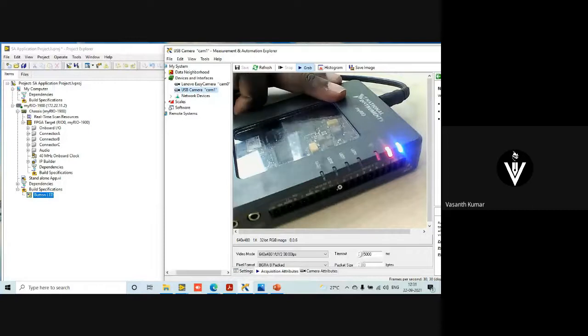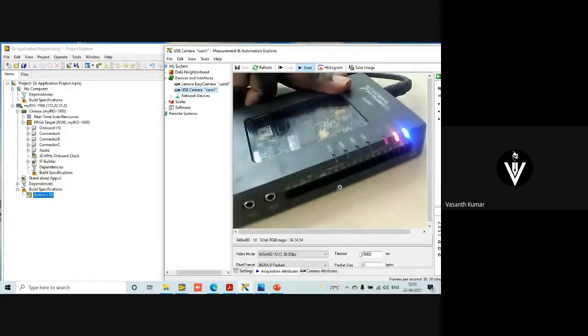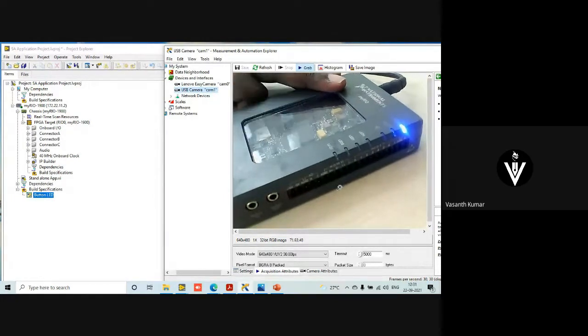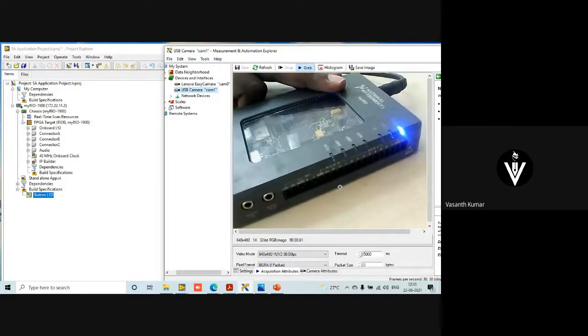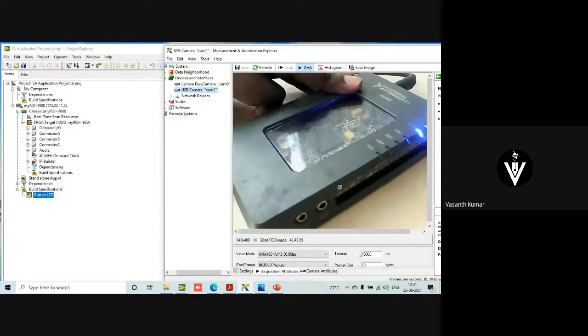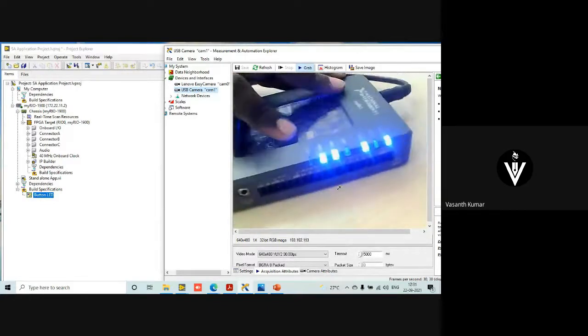Before you saw that it was not working, right? So I have to connect back to my project, then I'm supposed to run the application, run the VI. Only then it was working, right? Whereas now I'm just simply powering up. It's like a computer inside, as I told you. So you have to just wait for it to enable. So the Wi-Fi started working. After that, the pinouts will start working. That's how it usually happens. Just wait for a second. Yeah, you can see that it is started.